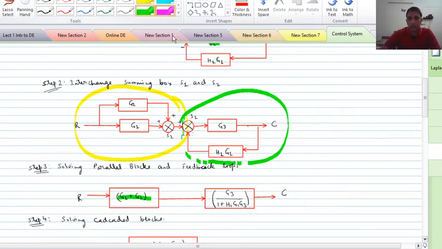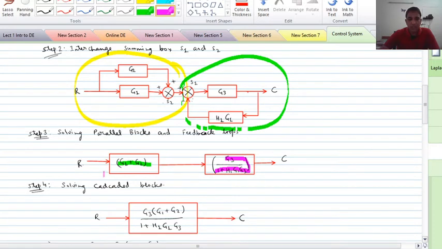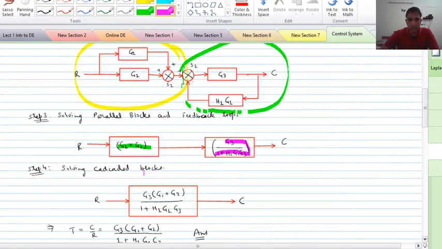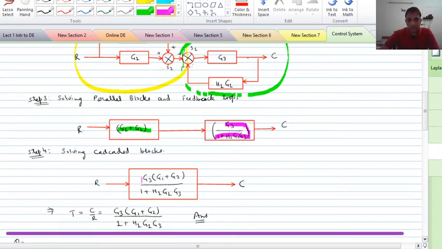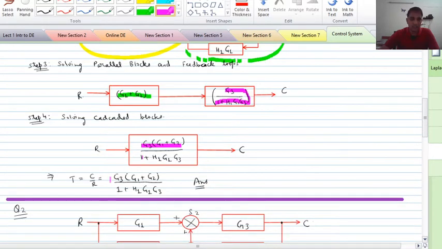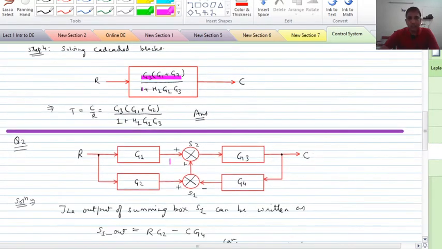and solving the feedback block, it will give you G3 divided by 1 plus H1 G3 G1. Now solving these two cascaded blocks, which are series blocks, we can easily multiply their gains or transfer functions and we will get the result. Now, in the second numerical,